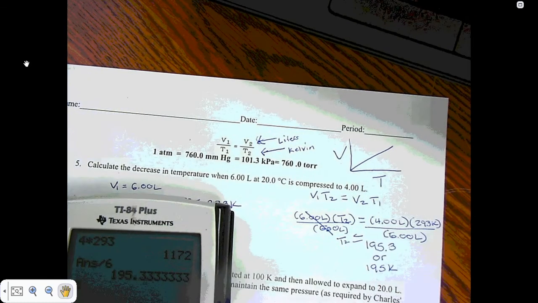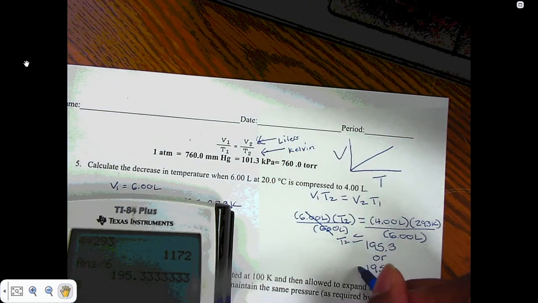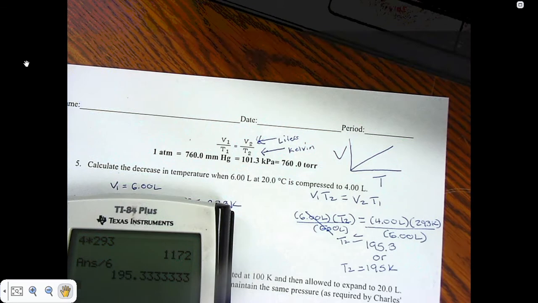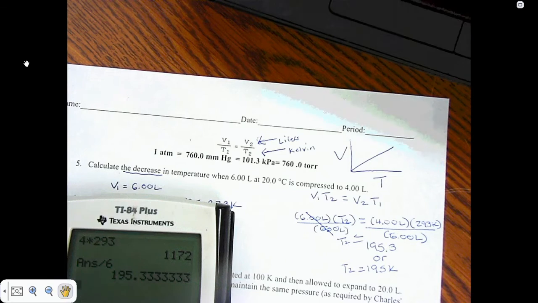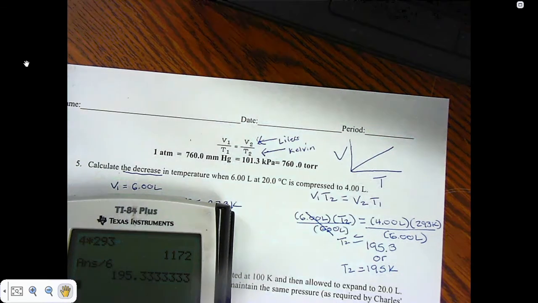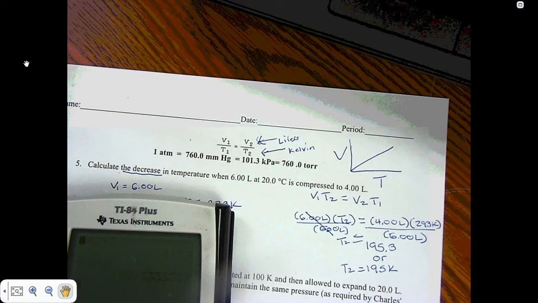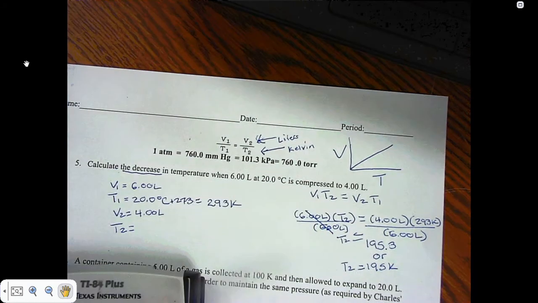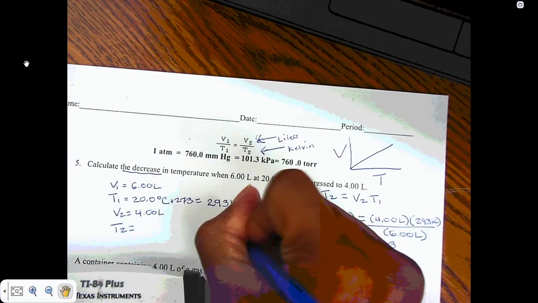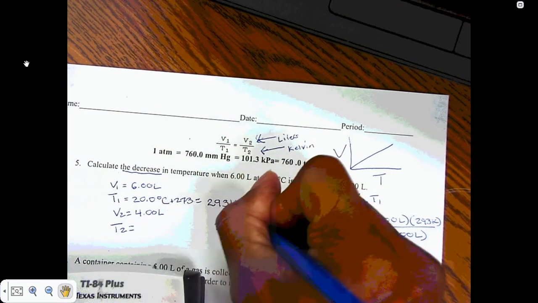Now, that's not the answer to the question. That's just the answer to T2. And if you recall, it's saying calculate the decrease, which is basically the change in temperature from T1 to T2. Now, if you kept the values in Celsius, I could imagine that you would have gotten a completely different answer. So in this case, we're just going to subtract T1, which is 293, from our T2,